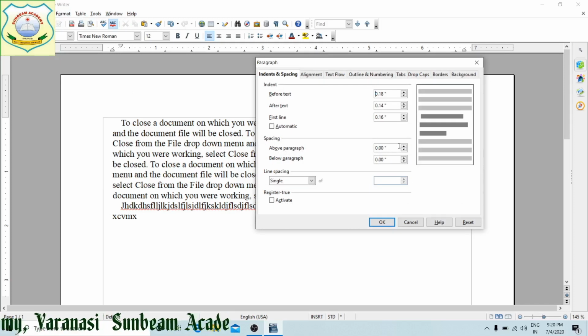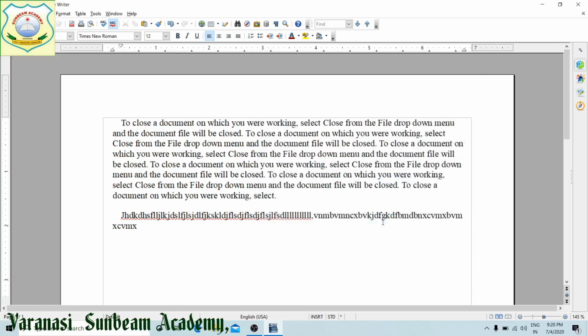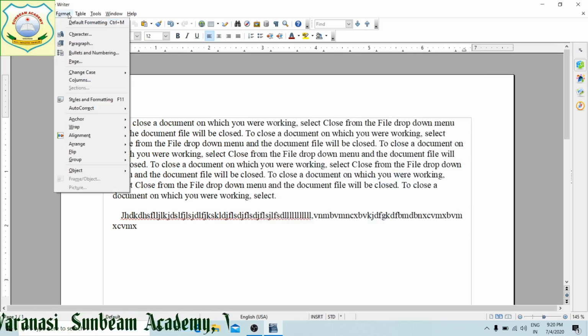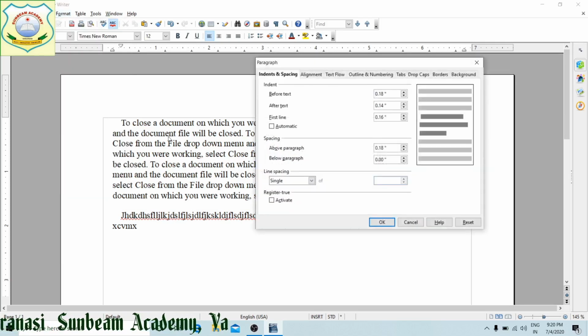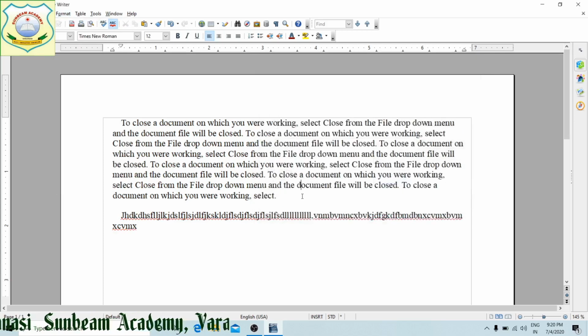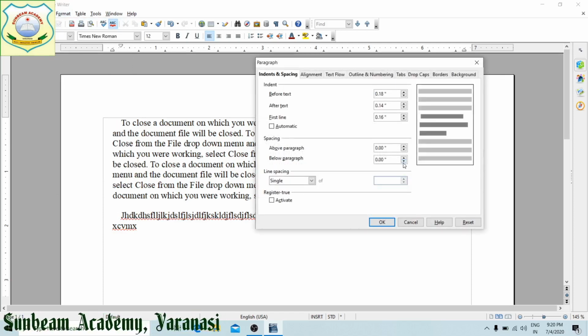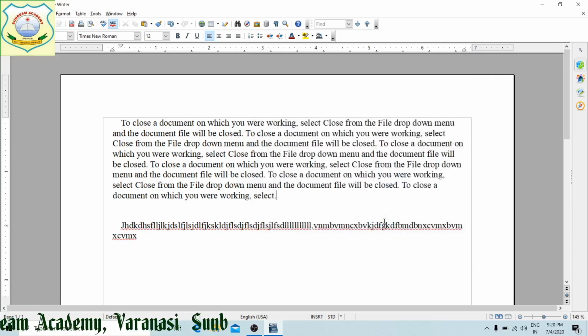This is above the paragraph. How much space do you need to start a new paragraph? You can see. Now, after the paragraph, suppose I put my cursor over here, below the paragraph, when I now see here, the distance becomes more.